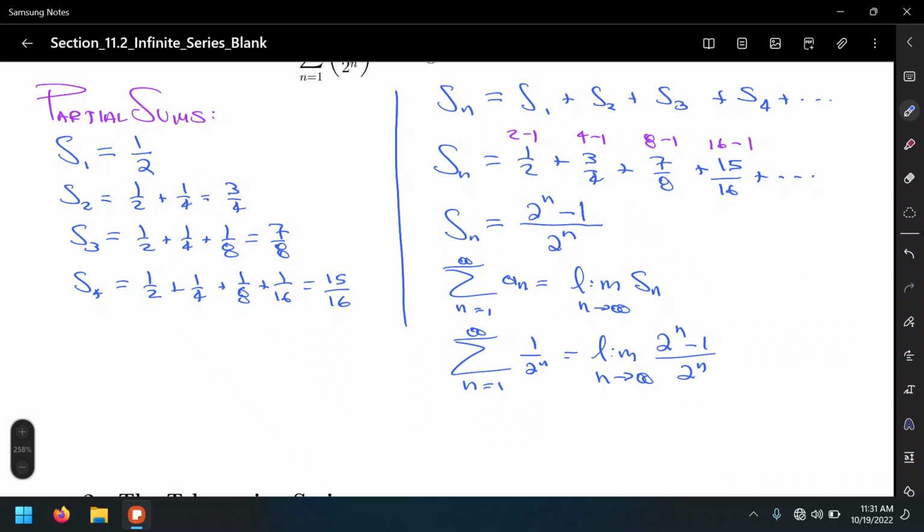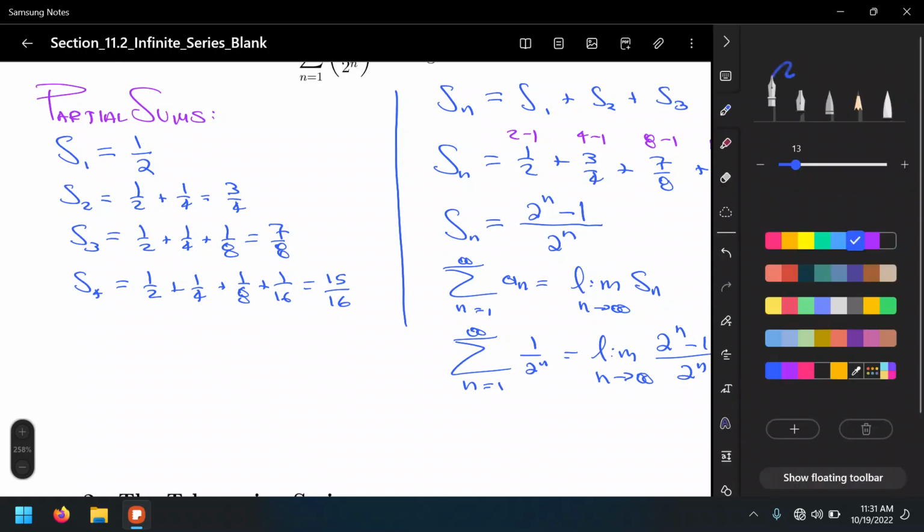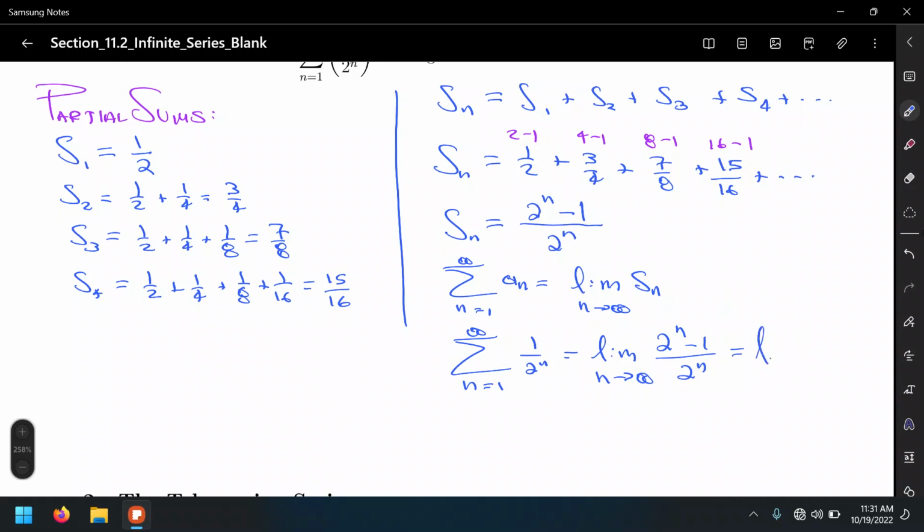But I don't think L'Hopital's rule is really needed, because even though L'Hopital's rule will zero out the negative one, everything is going to get reduced. That's fine. However, an easier way to go about this one,